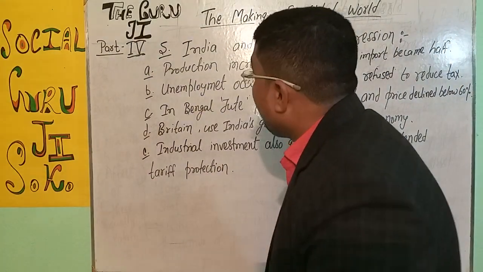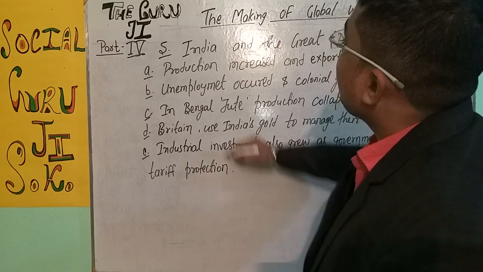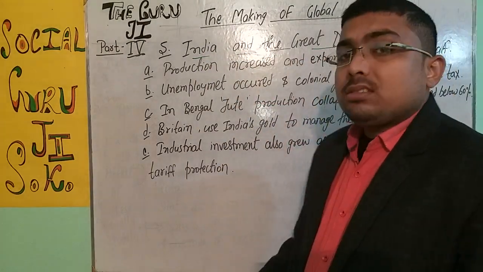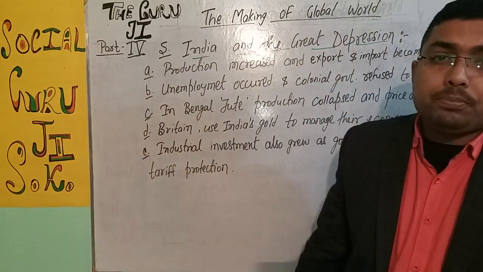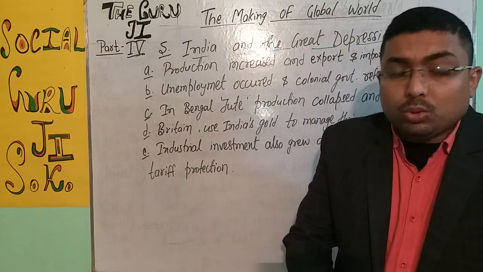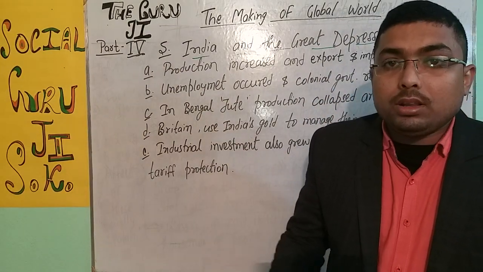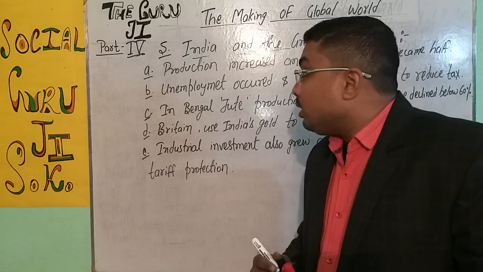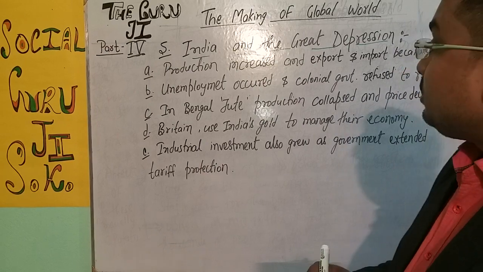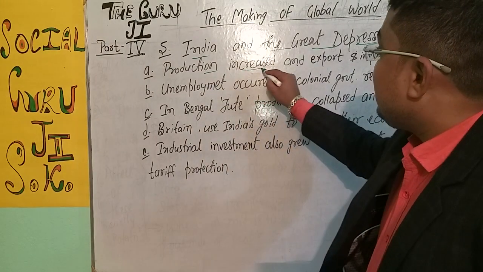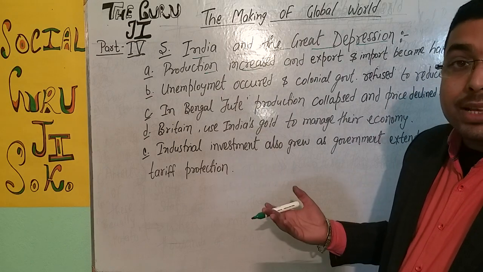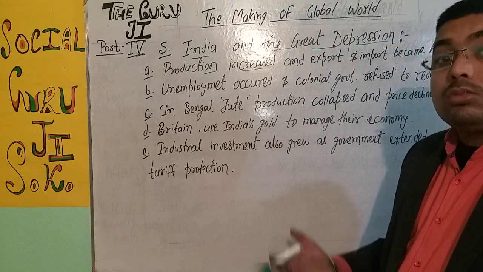Now, the fifth part, India and the Great Depression. Means the whole world was depressed, in an economic crisis, so it is usual that India also came under it. So what kind of problems were faced by the Indians? The production increased. As usual, for the world wars, production was increased in India also, and also it was a